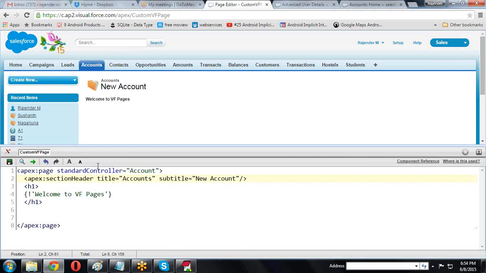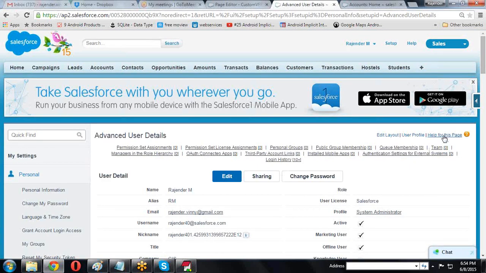Now I'm creating here help. I want to display some help. For this help I am providing one VF page, otherwise standard. So the standard help page I want to display.